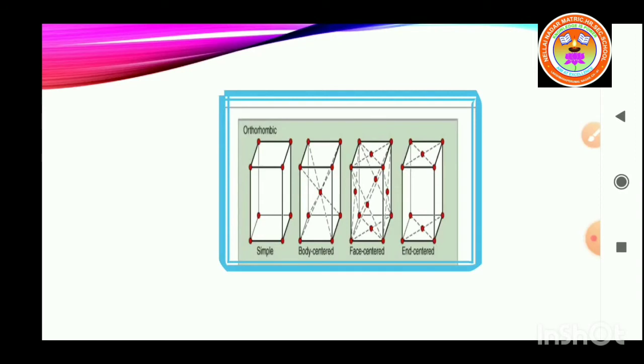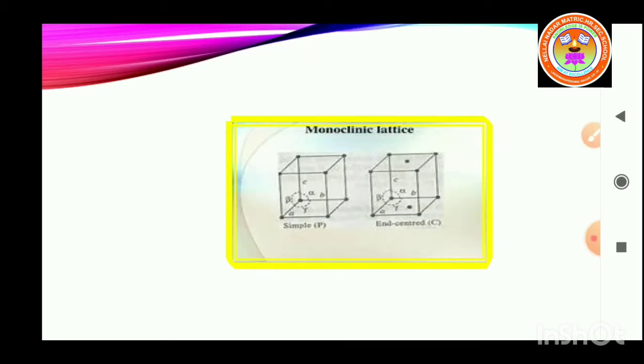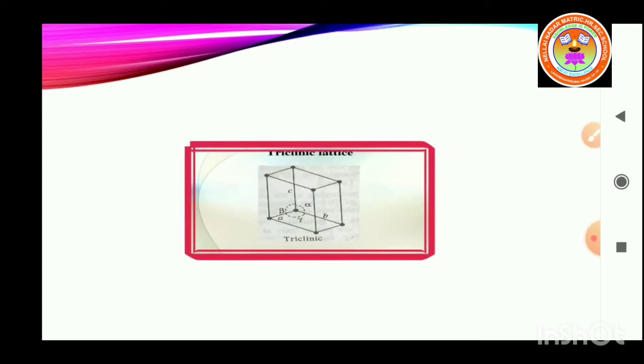Okay, it is given in your book, base is face centered. And the next one is monoclinic. The monoclinic lattice also exhibits primitive and base face centered. Yes, and one more, that is rhombohedral, that is trigonal. Trigonal exhibits only one lattice, that is primitive. And the last one is, see here, triclinic. Triclinic also exhibits only one lattice, that is primitive. Now clear?